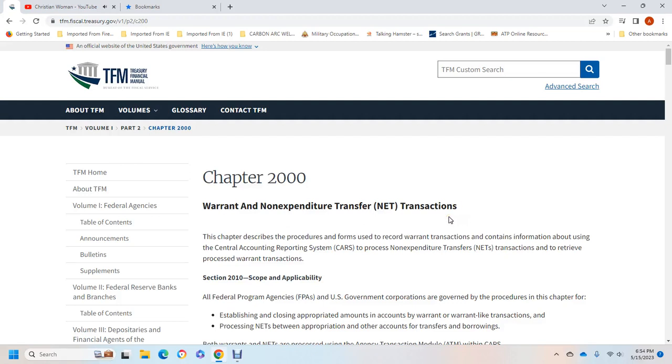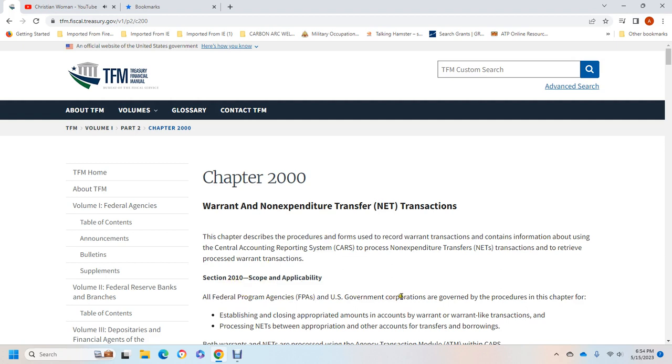Alright, Chapter 2000, Treasury Financial Manual, Part 2, Volume 1, Federal Agencies, Chapter 2000, Warrant and Non-Expenditure Transfer Funds Transactions. This chapter describes the procedures and forms of the recorded warrant transactions, and contains information about the use of the central accounting reporting process for non-expenditure transfer transactions. Section 2010, scope and applicability,